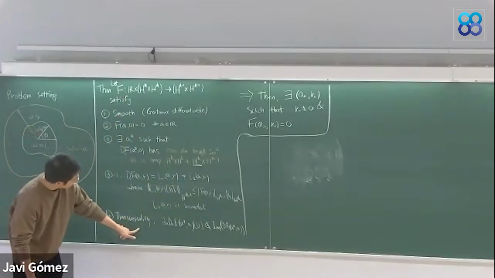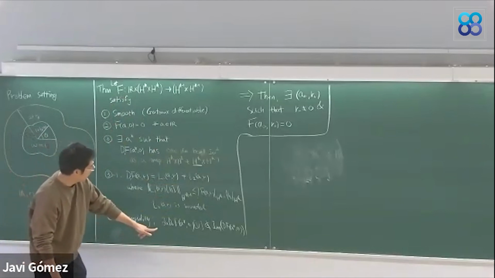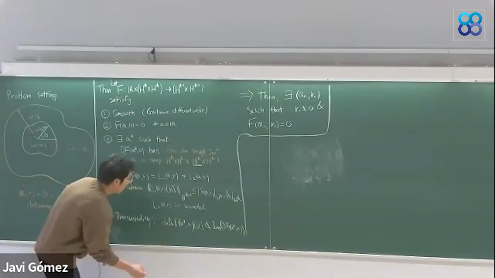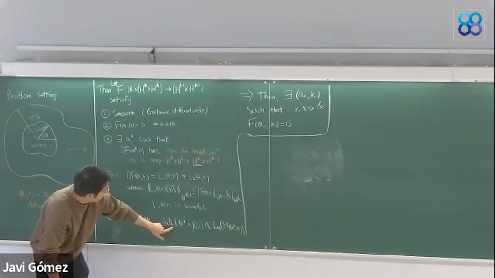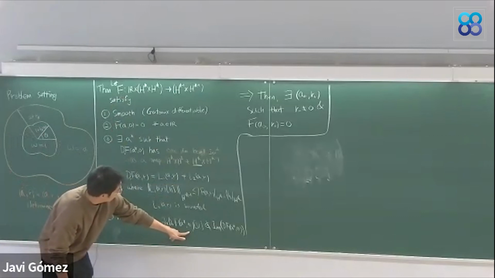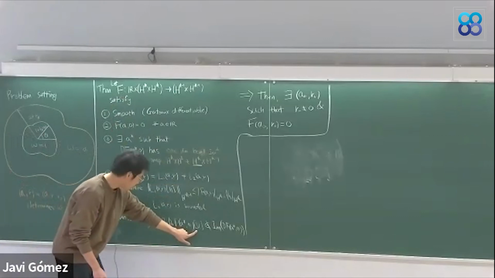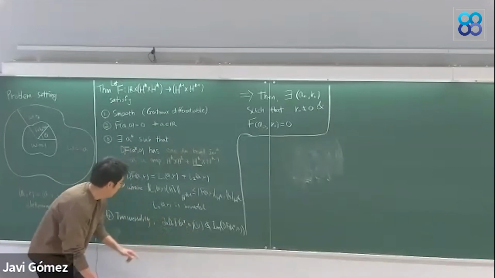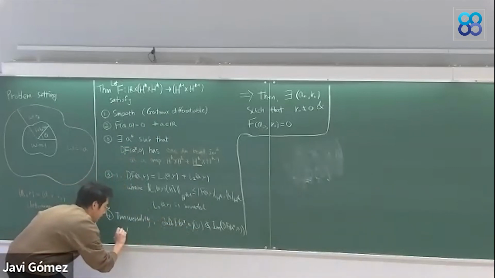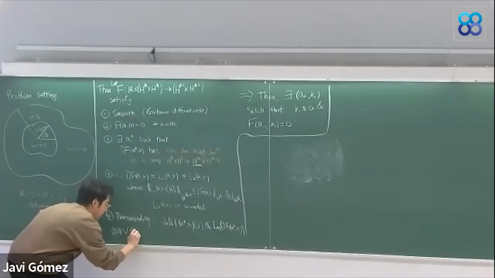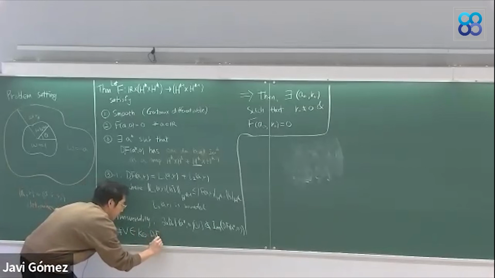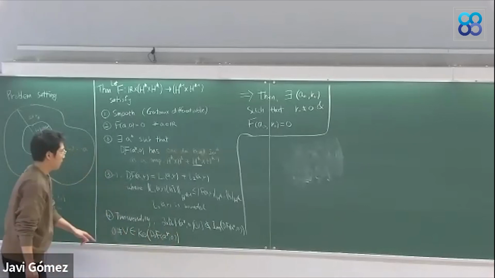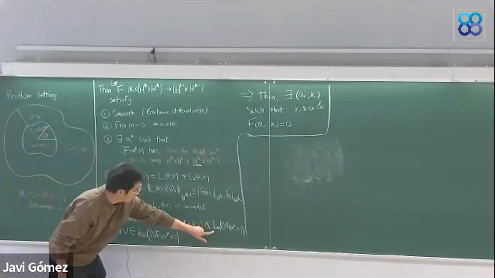And then we assume the transversality condition. So if we take the derivative with respect to the parameter and the functional argument, and then we look at the directional derivative in the direction v. Here I forgot to say v is the non-zero element in the kernel. And then this is not included in the image.